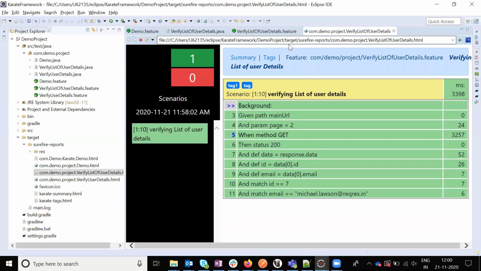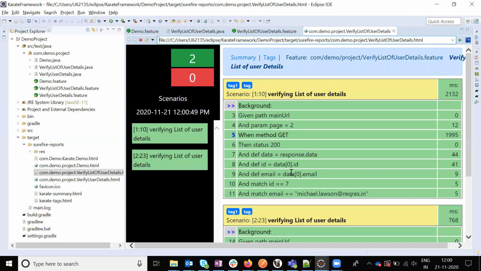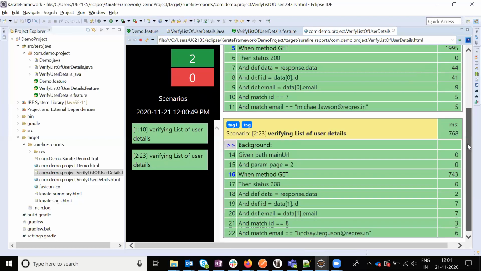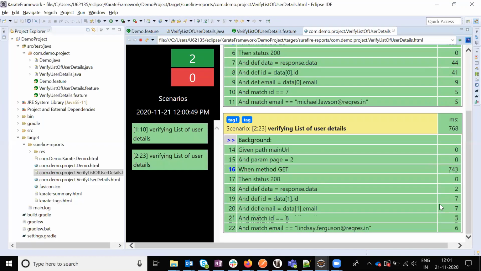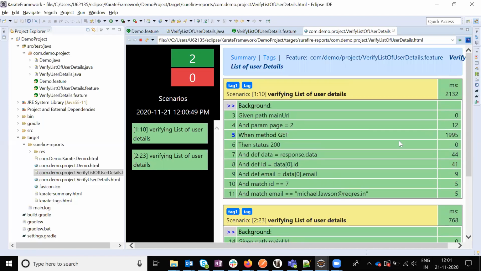Now I'm going to refresh. See, the first set is pass and the second set also passes, and you can also see the milliseconds, how long it takes. Here you can see how many milliseconds it takes to get the data, and here it provides the data and finally the verification. Same thing you can see here also. Getting the data takes 1 millisecond, and then verification takes 2 milliseconds in total. This much verification, which is a pass or fail one.